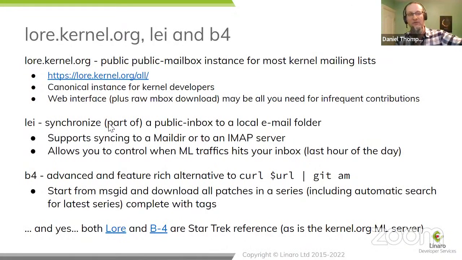If you don't like that filtered approach that I described before with the Gmail filter, and your own mail infrastructure doesn't give you rich enough filtering, you can look at Lay. What Lay can do is you can point at an IMAP server or a local mail directory, give it a search string, so the subject lines that you like, how far back in time you want to go, etc., etc. And you can ask Lay to download just those mails from the public inbox that match your search strings.